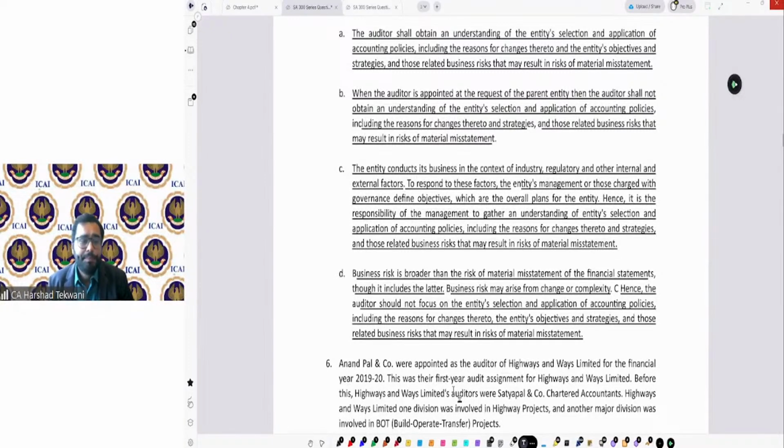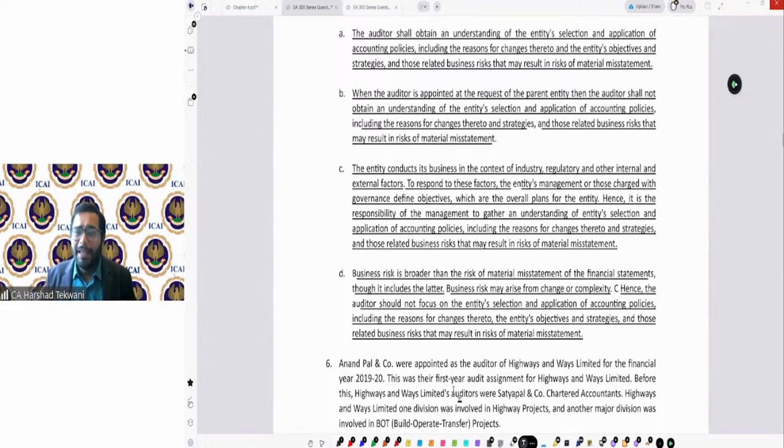Another example, let's say, a warranty. Now, the company is giving 3 years warranty for all of its products, but while recording the warranty estimate, the company is only recording the warranty estimate for the first year. Again, the selection and application of accounting policy regarding warranty is not appropriate, because the warranty period given to the customer is 3 years and you are recording the warranty cost only for 1 year. Why not for the rest of the 2 years?